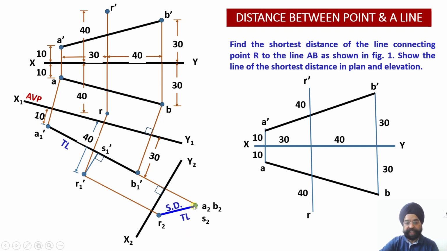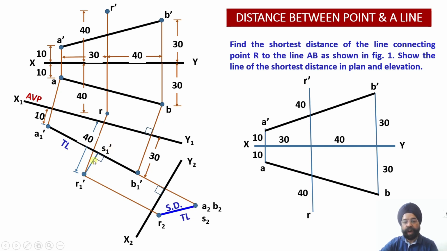And if this is the true length of the shortest distance, then from R1 dash we need to draw a perpendicular onto this true length,